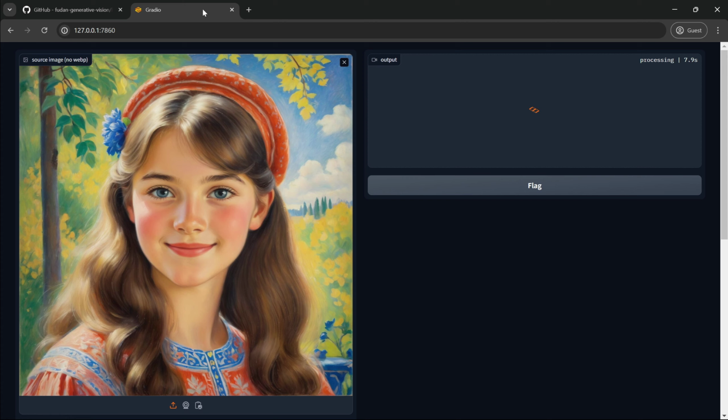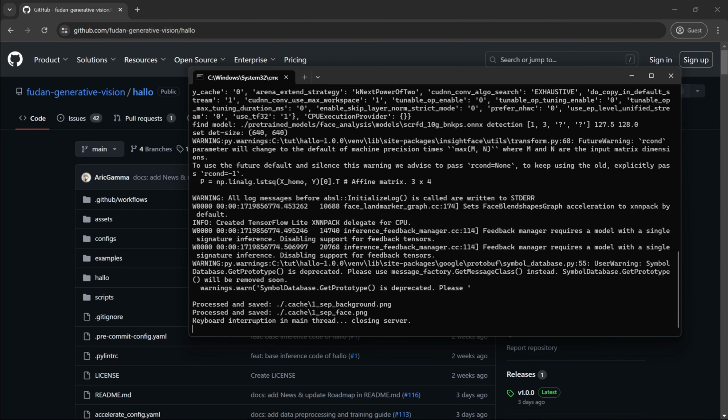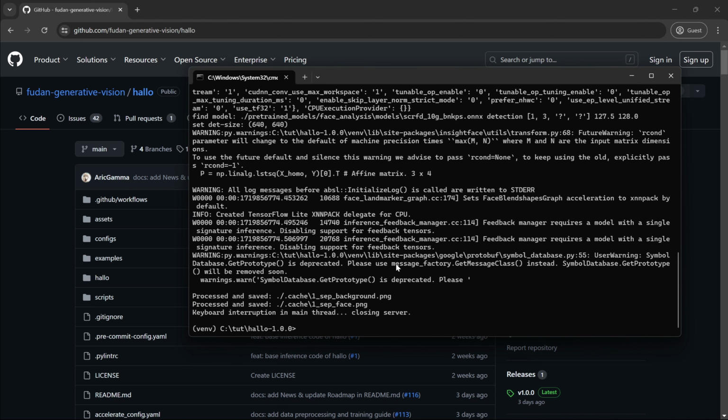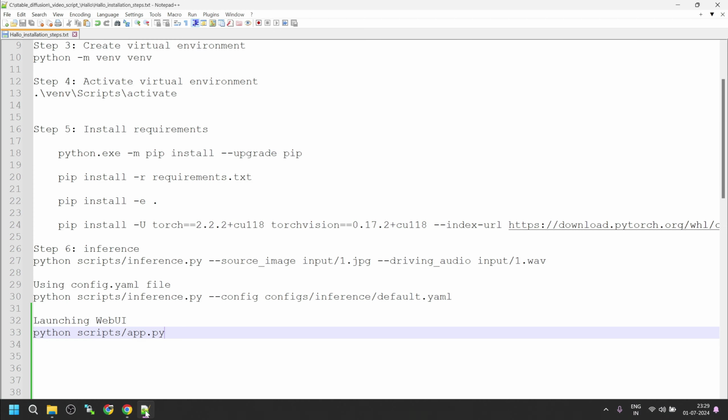Now we don't need to see the output, as it will produce the same output like the last time where we manually did the inference. We'll learn something new in this video. Now to launch the web UI, each time we have to activate the virtual environment and then use a command to start the server. So if we want an easy way,